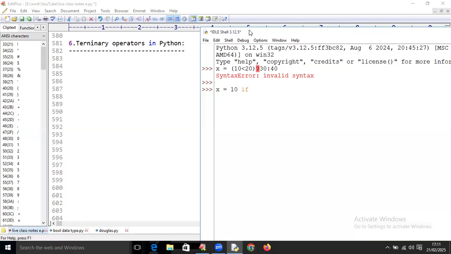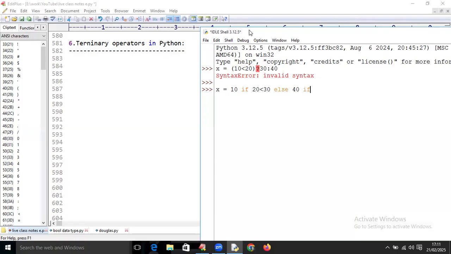If the first condition is true, it will not go to the second condition; it will stop the iteration. So here, if 20 less than 30, else 40,